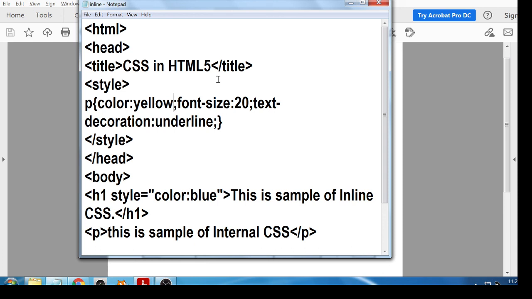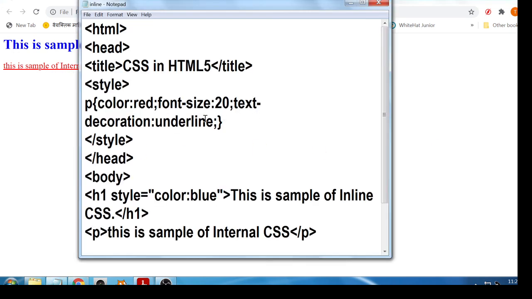Change the color yellow to red. Save this file and check the output. Refresh this window. Okay, this is the output for the internal CSS. I apply here 3 properties.